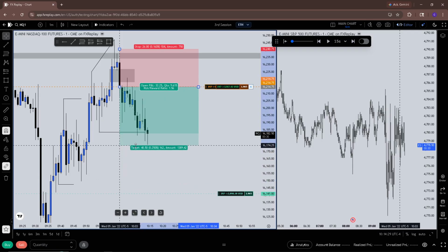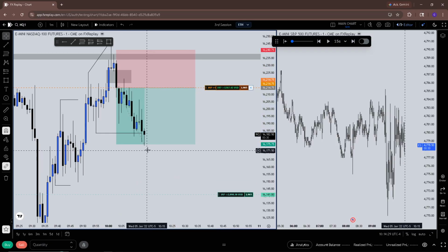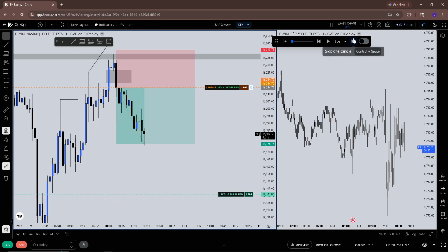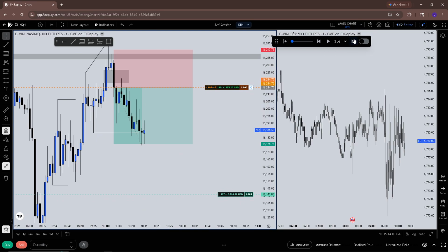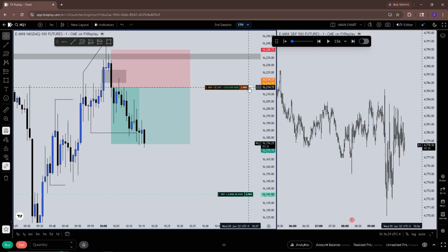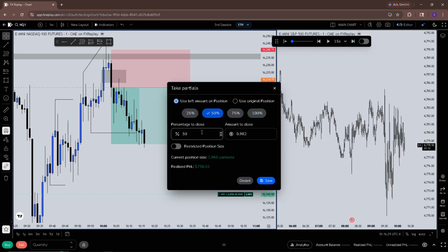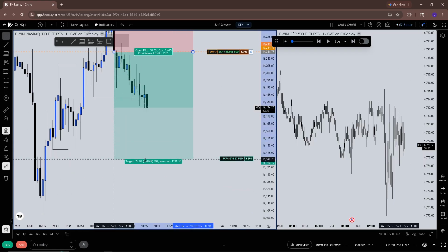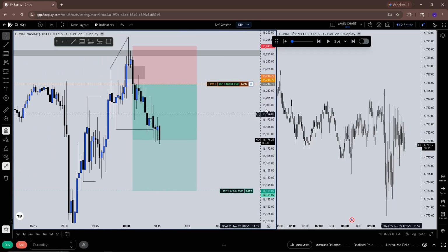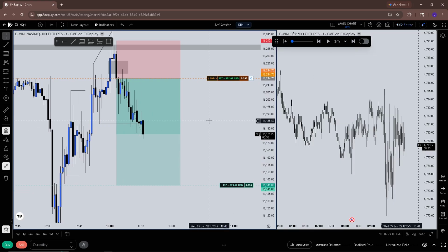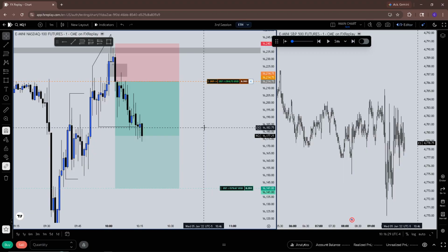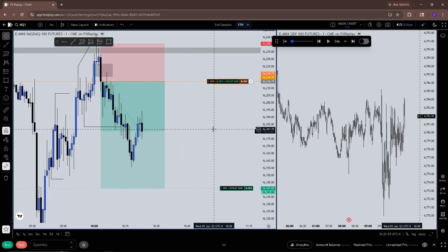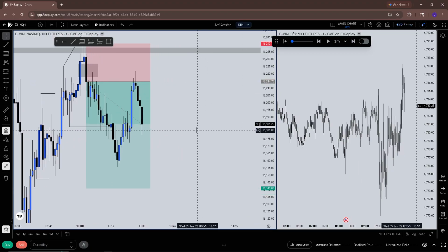Probably scale partials here. Probably should have scaled right there. Alright, go ahead and scale. And we'll let these run. Alright, break even.